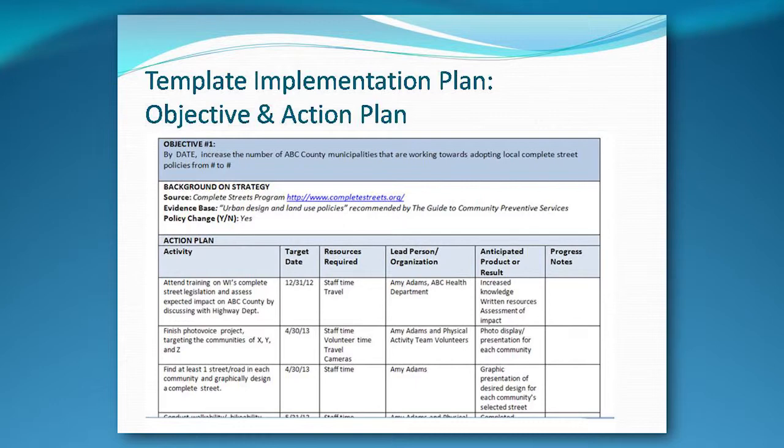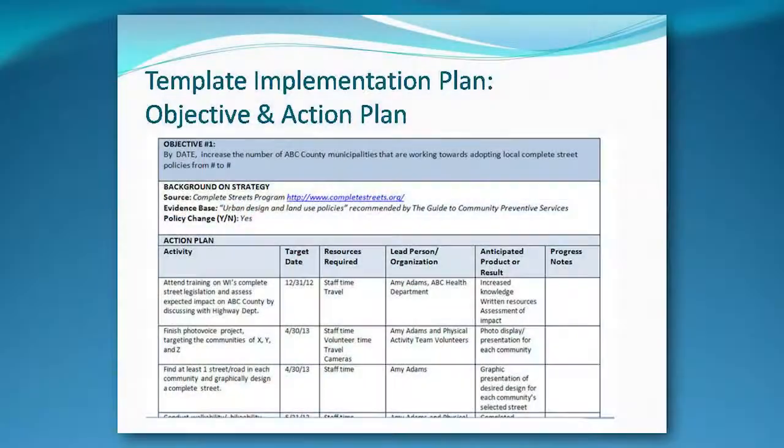But the part I wanted to highlight is the column about who is the lead person or organization. Because here's where we can have a collaborative action plan. And this was addressing one of the concerns that we heard from folks, particularly in hospitals, saying, I need to be able to report, here's what I agreed to do, and here's whether or not I followed through on it. But if we all have one action plan, it gets a little bit lost in there. So by having the accountability by name or by organization, it helps you to see where everybody's contributing their part towards that shared goal together.